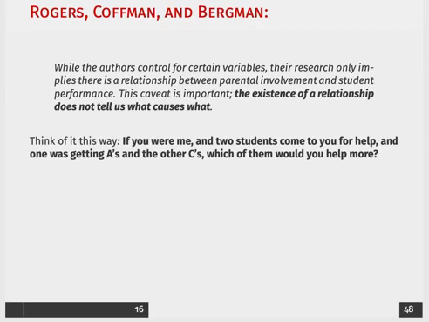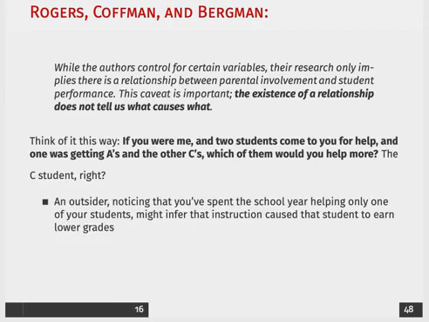If you were me and there were two students that needed help, one of them was getting an A and one of them was getting a C, which of them do you think you should help? You would probably help out the student with a C, just like a parent would help their kid if they were struggling, right? Now, if you're an outsider and you come in and you don't have any measurement of how that student was performing before, you're just going to notice that you spent an entire school year helping one student,